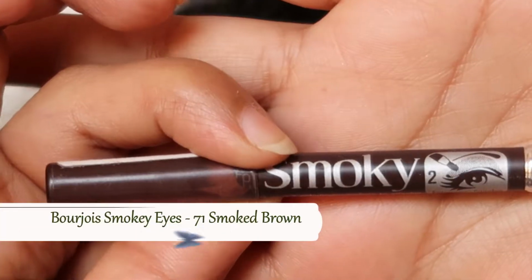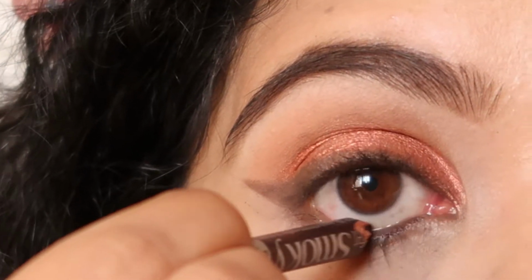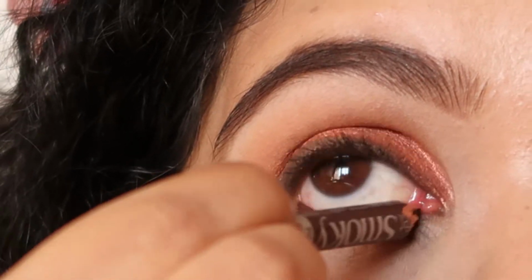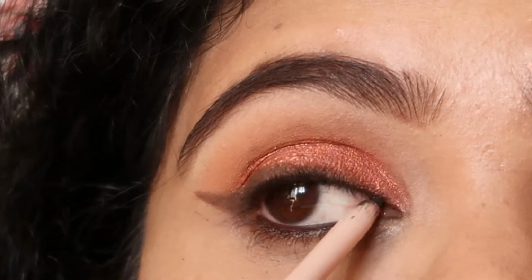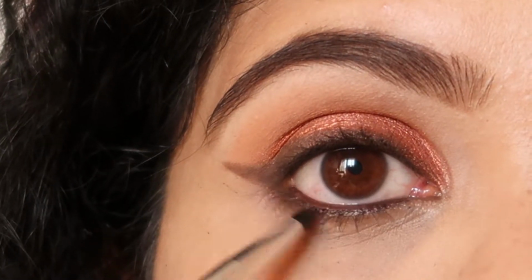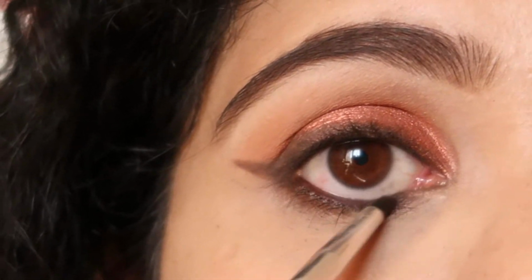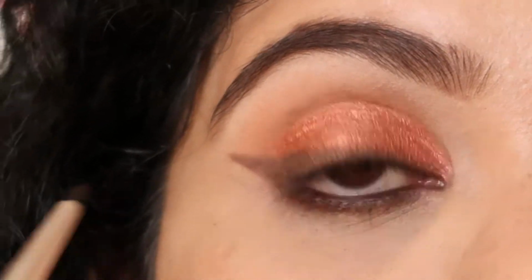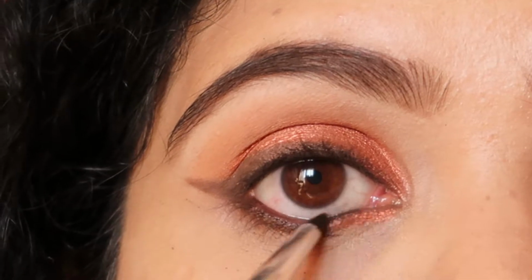Now for my lower lash line, I'm going to use this Smokey Eyes by Bourjois Paris in smoke brown, and I'm going to apply it on my lower waterline like this. It's a really small pencil, guys, and I'm going to use Maybelline Gigi Hadid's Kohl in black on my upper waterline, and I'm going to use the same dark brown shadow on my lower lash line to smoke it out with that Kohl pencil. Now I'm going to apply the same bronze shade on my lower lash line like this,